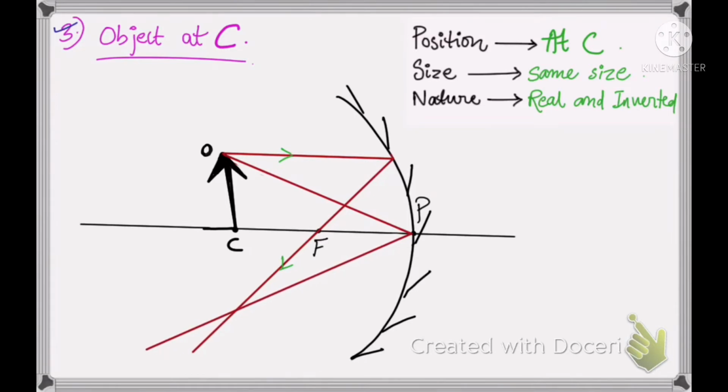And now you can see that the image is formed at center of curvature itself, and the image is the same size as the object. So here in the ray diagram, because I'm not taking proper measurement, it might be a little front or back, or the size might be a little bigger or smaller, please excuse me. But the position of the object when kept at C, the image is also formed at C, and the size of the image is the same size as the object, and the nature is real and inverted.